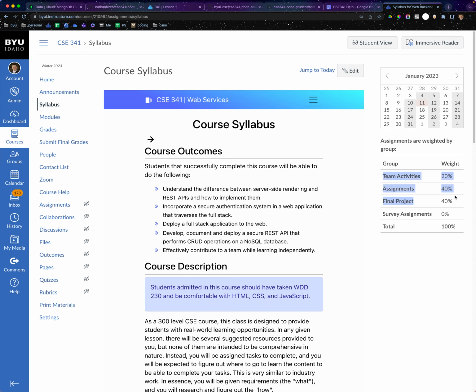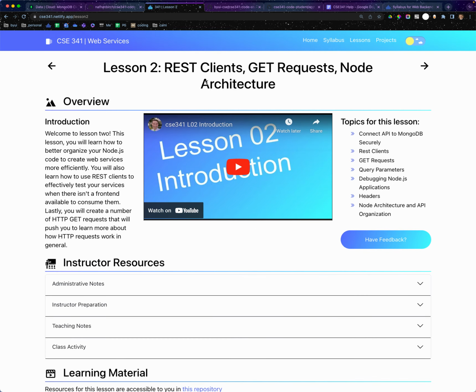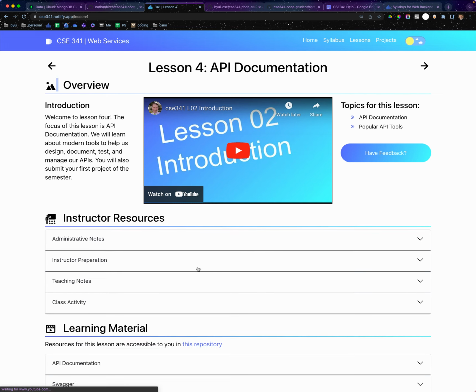The reason why I do it this way is because in these first 4 weeks of the course, while you are learning how to make a node application and how to work with MongoDB, the assignments have very little impact on your grade compared to your final project, compared to your teamwork that you'll do in the rest of the semester. So if you're struggling to finish up your work and you feel like you're falling behind, I would just encourage you to just do your best, to not give up,